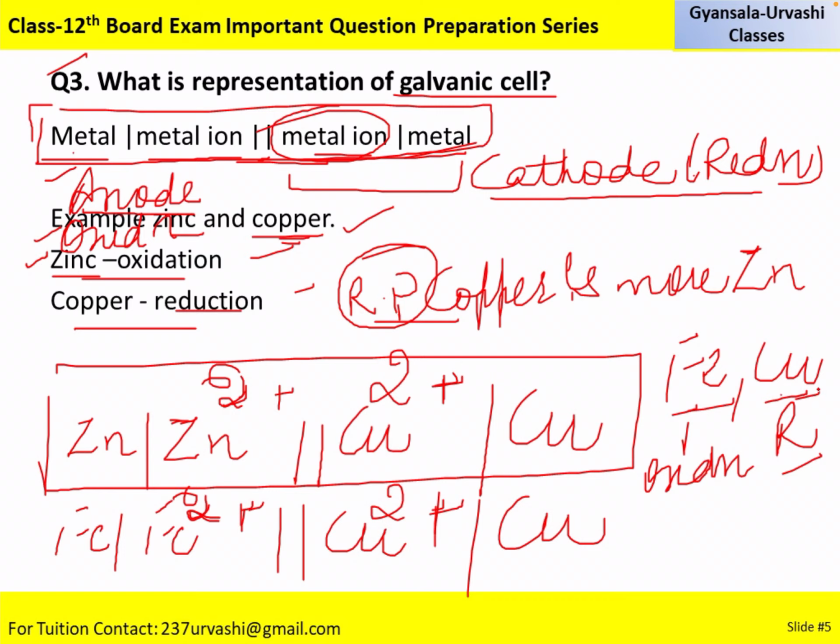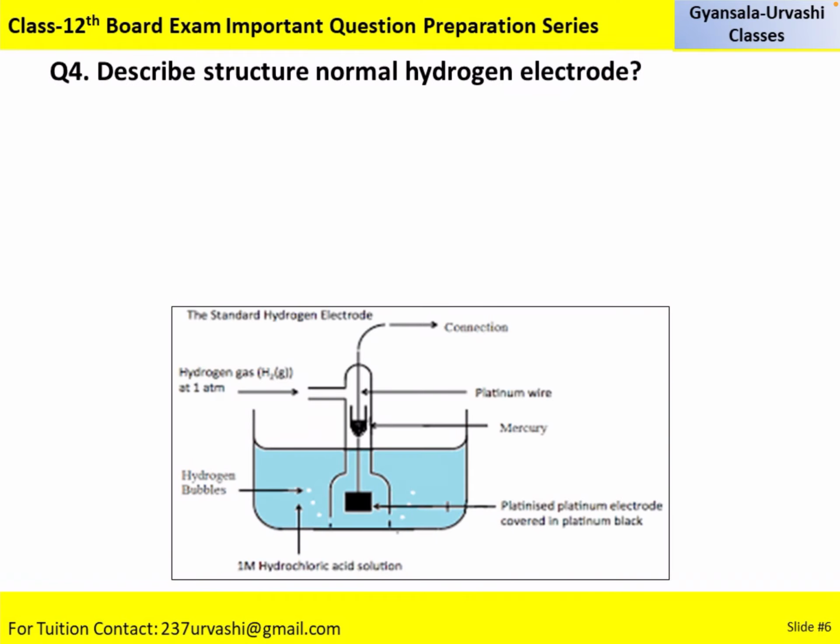Okay, so you need to learn only this part. Many examples can be varied by the examiner. So you only have to find what? Out of the two elements, which is undergoing oxidation and which is undergoing reduction. Whichever is undergoing oxidation, you have to mention first, and whichever is going reduction, you have to mention second. Let's come to the next question.